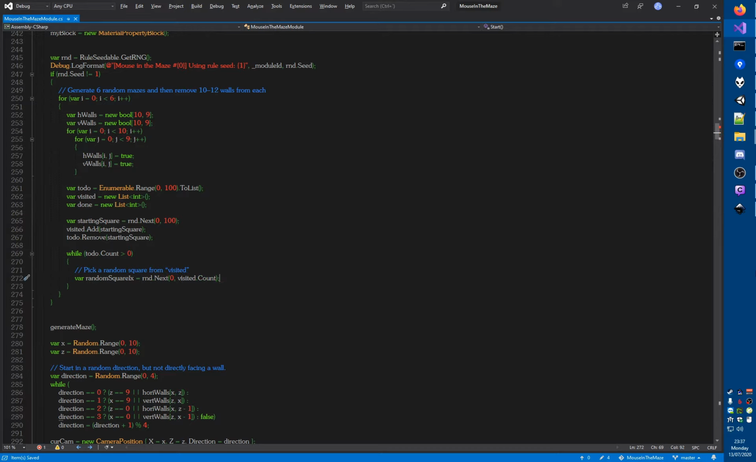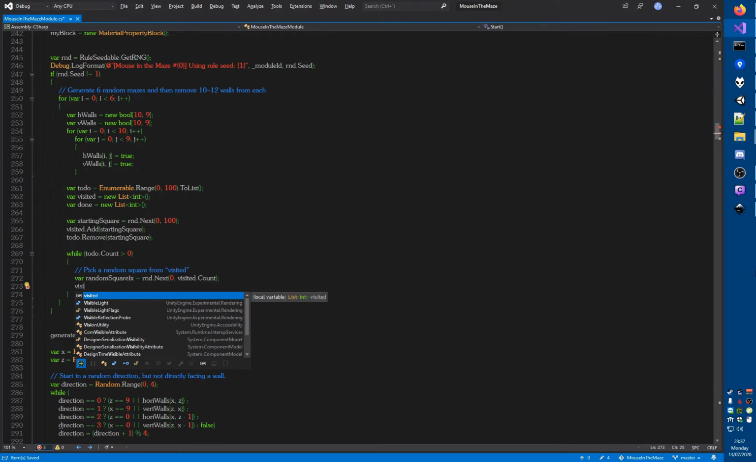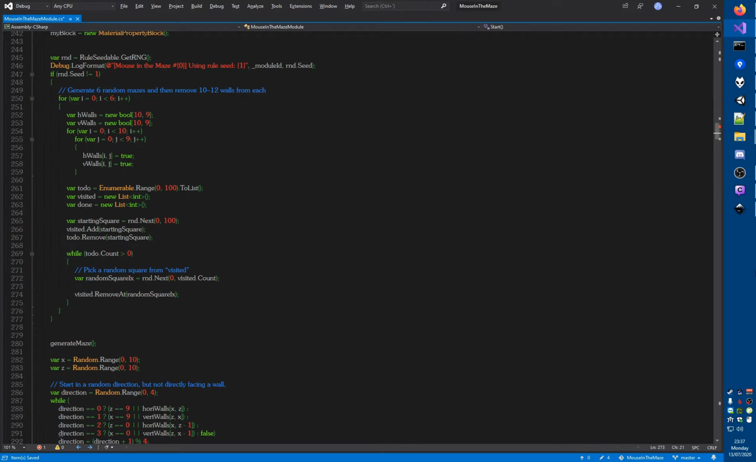Yeah, and then we want to remove that from visited. So we remove at that index, so the random square index. But actually, before we remove it, we want to find out what the valid walls around it are. So we need to find which of the squares around it are still blue. All right. So var valid neighbors